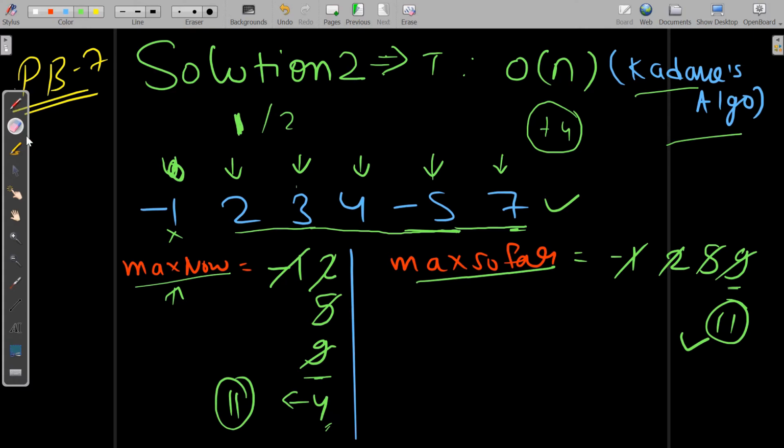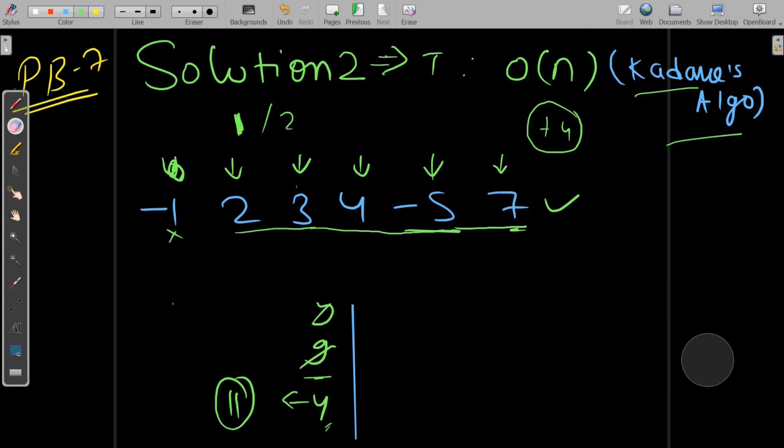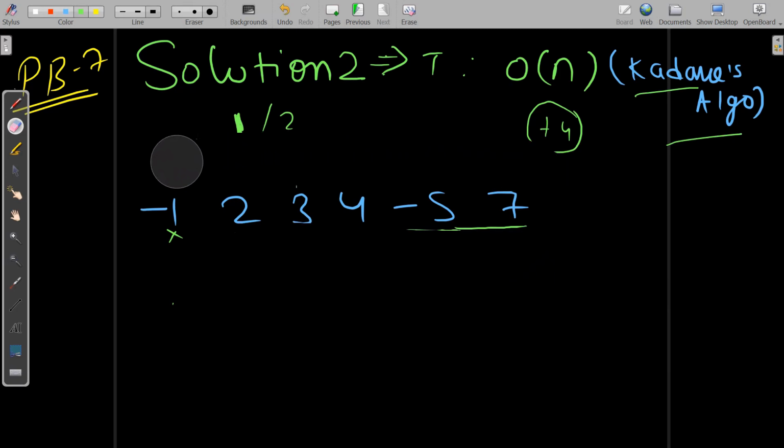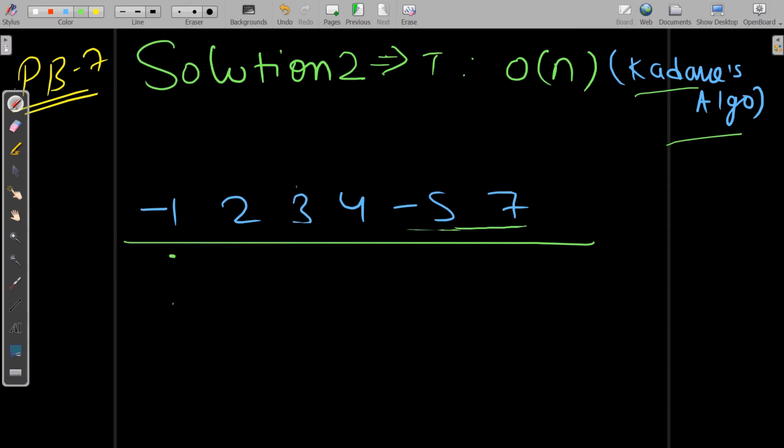You can also think of this as a real life example in order to understand this particular thing. Suppose all these values are indexed 0, 1, 2, 3, 4, 5. And suppose all these are generations. Suppose this is a family tree. I'm just giving an example so that you understand it in the form of a real life example. You can say that this is the first family generation, this is the second, this is the third, similarly this is the fourth, this is the fifth, and this is the sixth family generation.